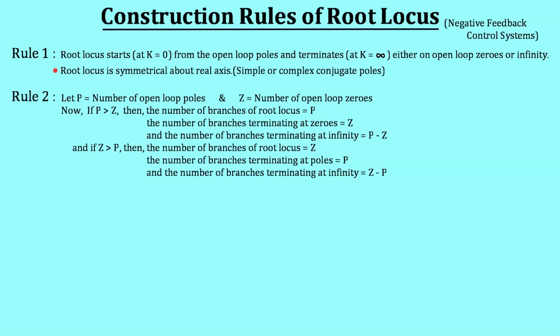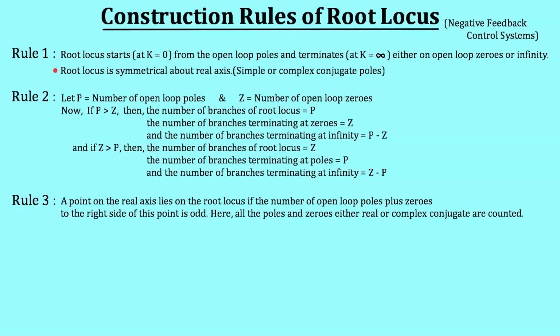And suppose the condition is reversed, such that the number of open loop zeros is greater than the number of open loop poles. Then the number of branches of the root locus will be equal to the number of open loop zeros, whereas the number of branches terminating at poles will be equal to the number of open loop poles, and the number of branches terminating at infinity will be equal to the number of open loop zeros minus the number of open loop poles. The third rule is a point on the real axis lies on the root locus